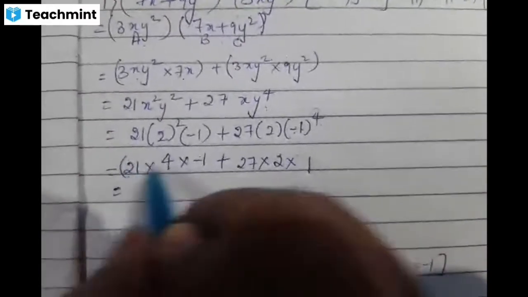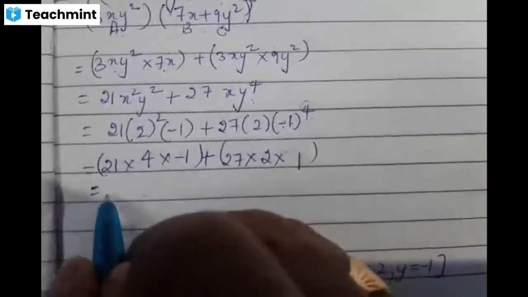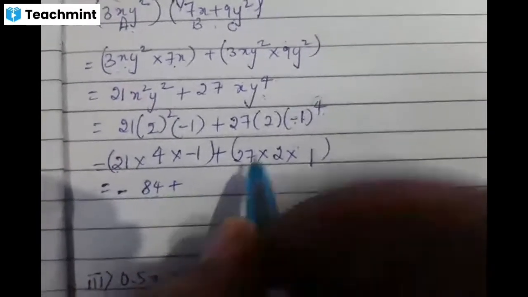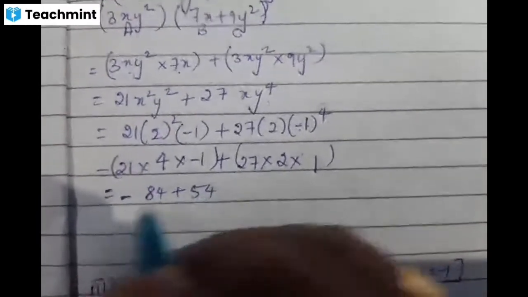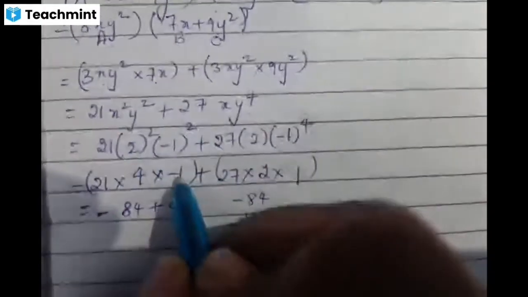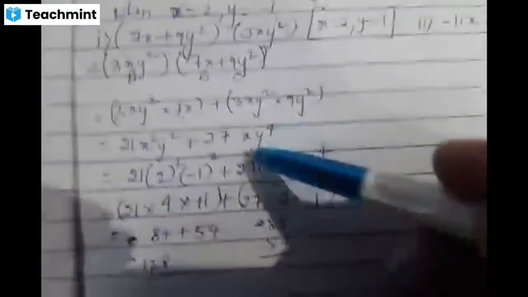Now let us group them so that it will become easy for you. First multiply. Plus into minus is minus. 21 4s are 84, plus 27 2s are 54. One is plus, one is minus. What are you going to do? We are going to subtract. Children, you have y to the power of y square now. So -1 to the power of 2 will be +1, children. So the answer is plus here. 84 plus 54, which is equal to 128. So this is called evaluation.